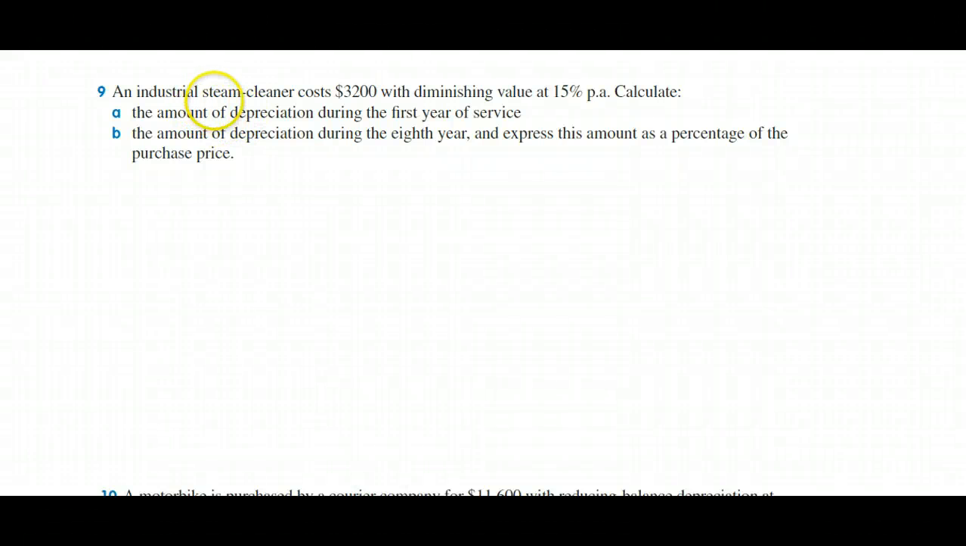Okay, question 9 says an industrial steam cleaner costs $3,200 with diminishing value at 15% per annum. We need to calculate the amount of depreciation during the first year of service and the amount of depreciation during the 8th year, expressing this amount as a percentage of the purchase price. Okay, so clearly this is our principal, that's the first thing to note, and here's our depreciation rate, 15% per